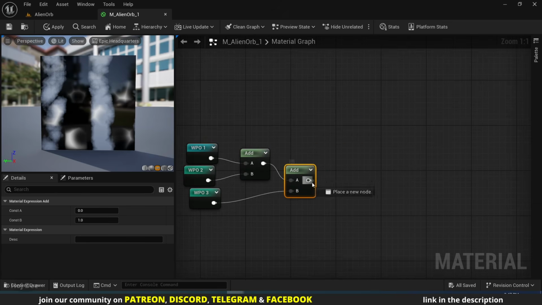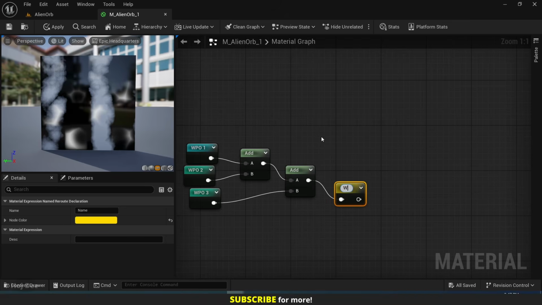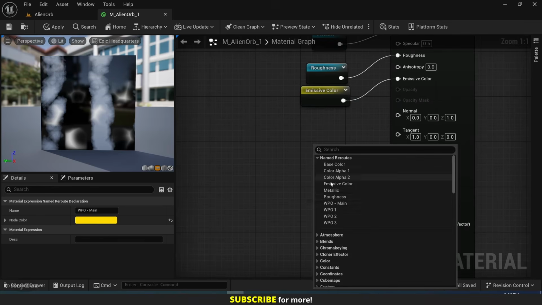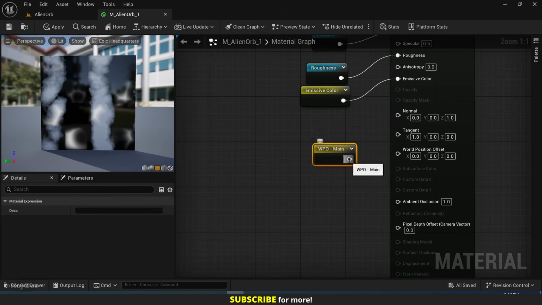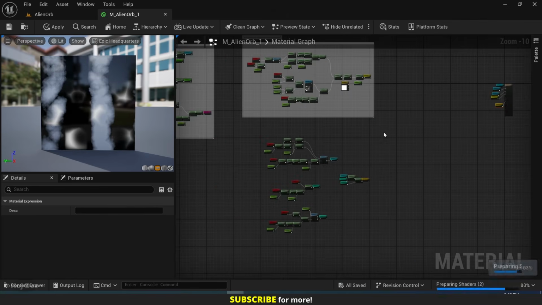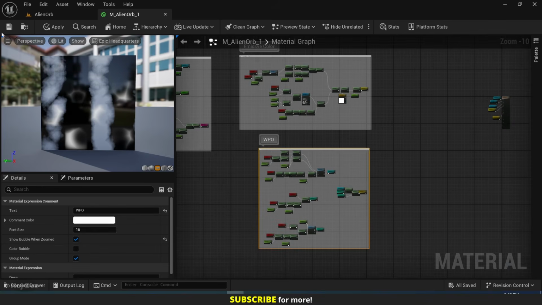And drag out of this one, search for named reroute, and let's name it WPO main. Add the named reroute here, connect it to the main node, select all these nodes, press C to add a comment, and let's name it WPO. I'm gonna enable show bubble when zoomed. Save the material,